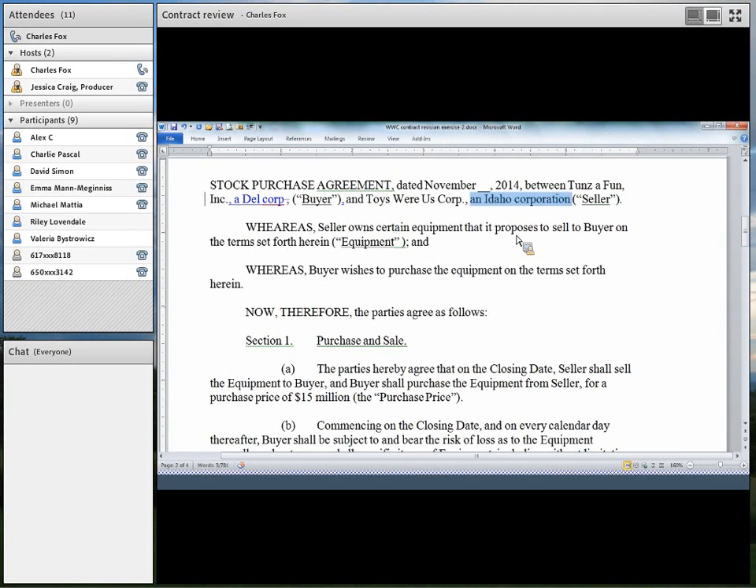But so Charlie makes two really good points there. Number one, since here we refer to Toys R Us as an Idaho corporation, we should do it the same for buyer. It's not legally required to do this when you're identifying parties to a contract, but it's a good idea, and certainly if you're going to do it for one, you want to do it for both. And then as it relates to the comma, you never have a comma before an open paren. If you need a comma, it always goes after the parenthetical. Emma,